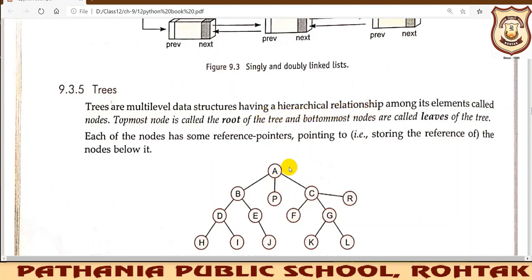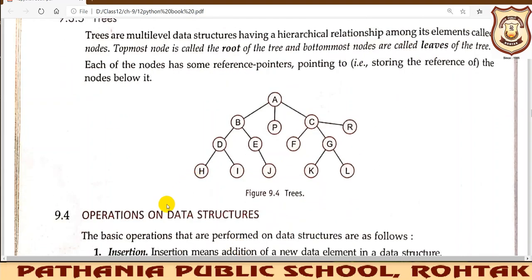Again these are called nodes, A, B, C, D. Although A is the parent of B, P, C, R, we can still say they are nodes. The topmost node will be known as root, so here A is the root, and the bottommost nodes are known as leaves of the tree.